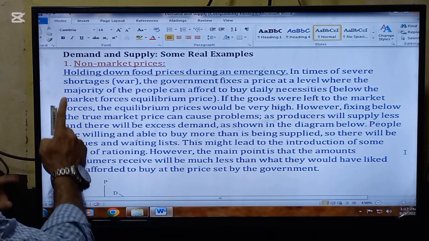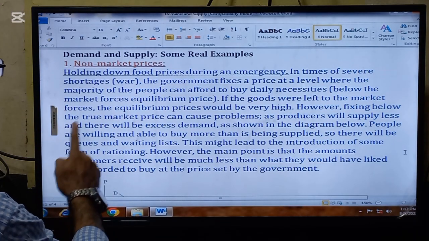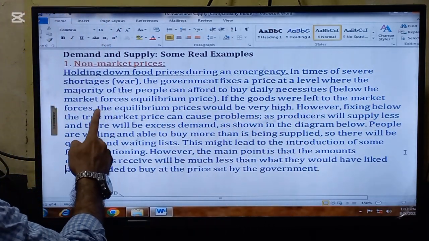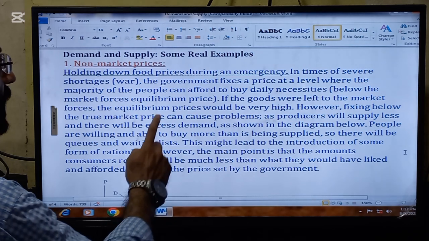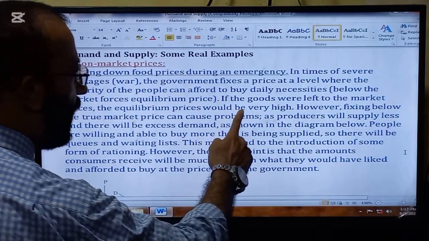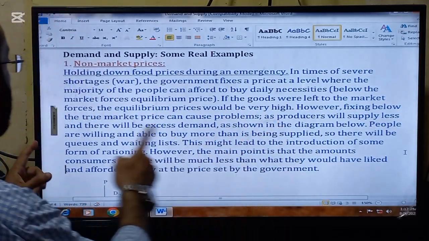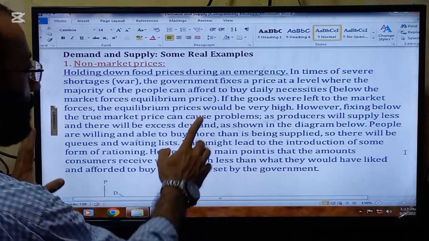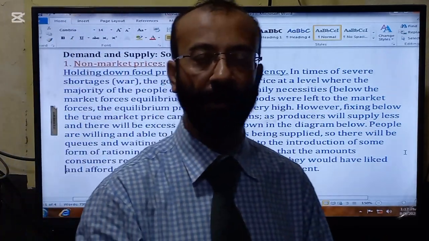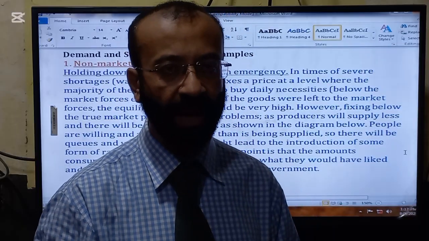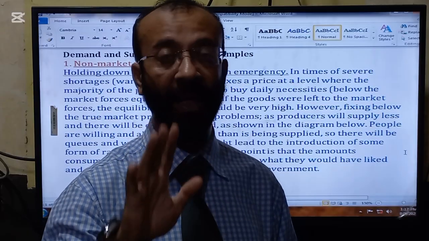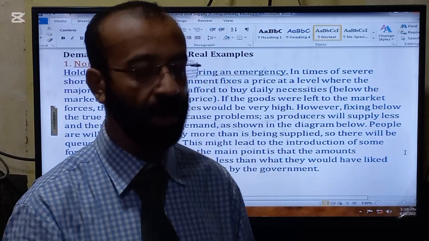The first example is non-market prices, holding down food prices during an emergency. In times of severe shortages, for example, in times of war, the government fixes a price at a level where the majority of the people can afford to buy daily necessities, below the market forces equilibrium price. So definitely in the time of wars or in the times of earthquakes or floods, whatever the market price is, government normally fixes the market price below the original equilibrium price so that